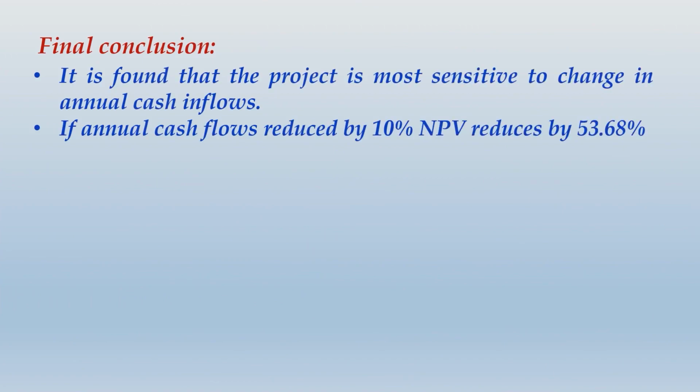It is found that the project is most sensitive to change in annual cash flows. If annual cash flows are reduced by 10%, NPV reduces by 53.68%. But friends, before you write this final conclusion, I would want to address one very important thing, and that